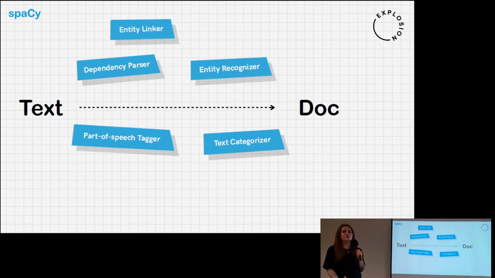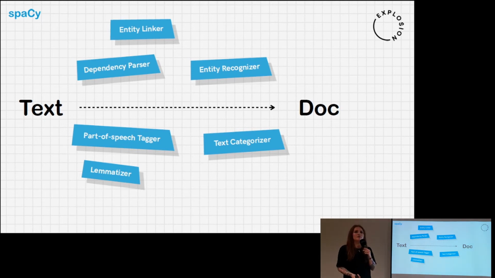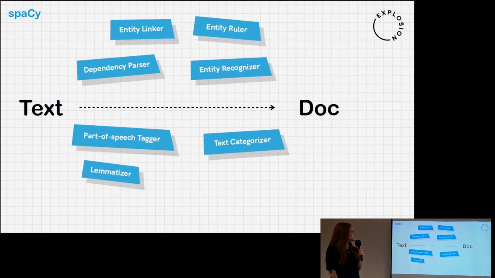Entity linking is a fairly new component we have in SpaCy, which is very cool. On top of the named entity recognition, it also lets us link those mentions of names to a node in our knowledge base. So we know that different mentions of a company actually relate to the same entity. And maybe there's a lot of ambiguity there that we want to resolve, so we can really look it up and know that's the thing. Lemmatization is just discovering the base forms of words. That's more relevant in some languages, a bit less in others.